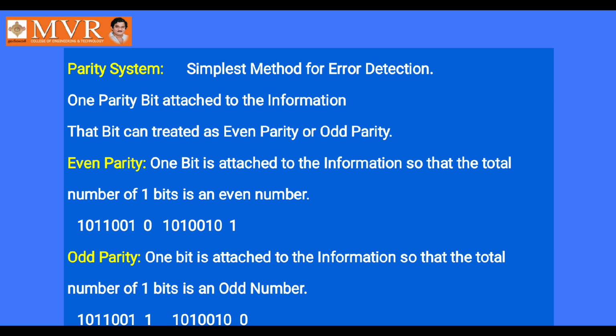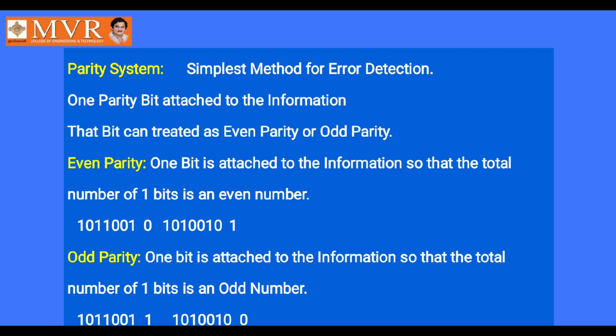But what procedure are we following? The even parity method. So in the even parity method, the number of ones should be an even number. Because in the original input there are 3 ones, we will add one more extra bit, bit 1, to make the total ones an even number. Previously, the input already had an even number of ones, so we added 0. But in the second example, an odd number of ones are there. To make it even, we added one more extra bit with the value of 1.